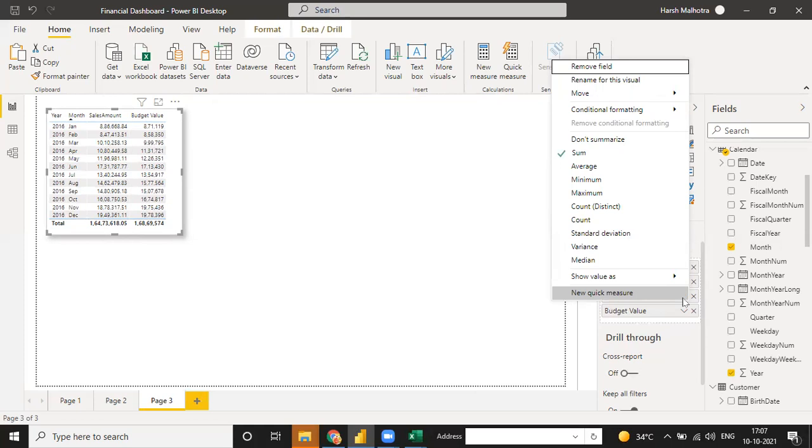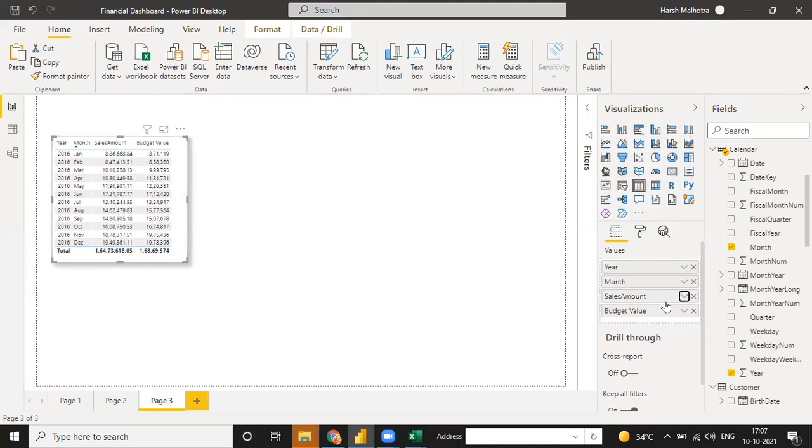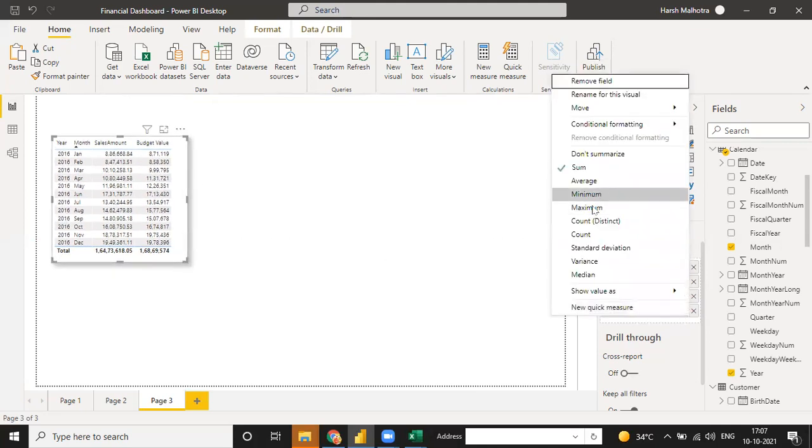And this is called implicit measure. Okay, this is called implicit measure, and same way with the budget also. This is called implicit value of your sum. Means Power BI automatically makes sum of your sales row, as well as budget row. This is called implicit measure.